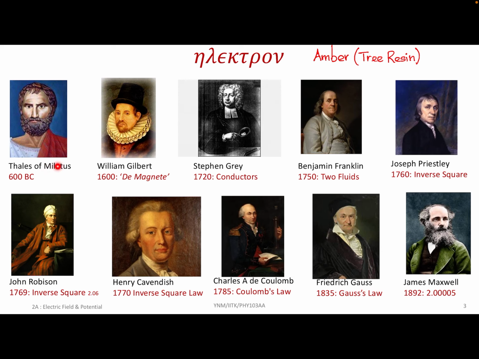So Thales of Miletus in 600 BC describes this. 1,000 years later, William Gilbert made this discipline of electrostatics a scientific one by writing a book called De Magnete. He was in Cambridge, and he was the first to use the term electrics for these insulators which gave